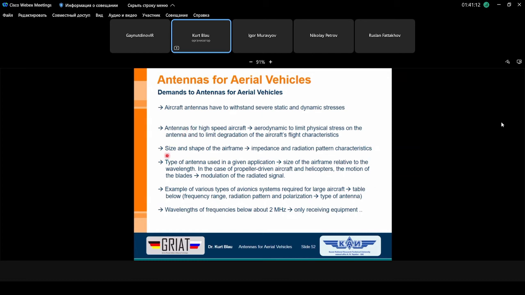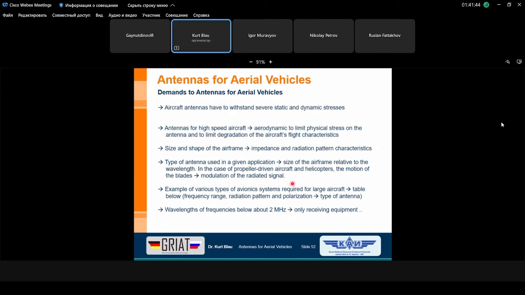Again, the size and shape of the airframe at least also determine the impedance and the radiation pattern characteristics of our antenna, which is necessary for the radio communications itself. This also determines the behavior of the radio service antennas. Then the type of the antenna used in a given application